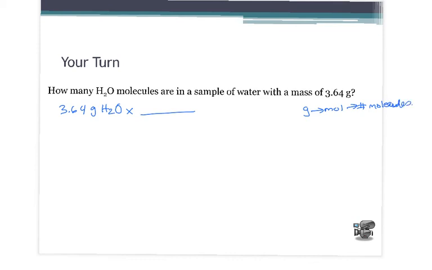Alright, so we're going to use the formula mass for H2O to go from grams to moles. And the formula mass is 18.02 grams per 1 mole of H2O. And then now we can say, okay, for every 1 mole of H2O,